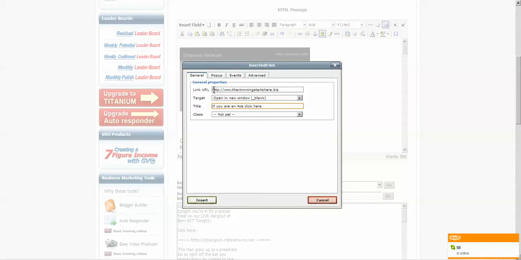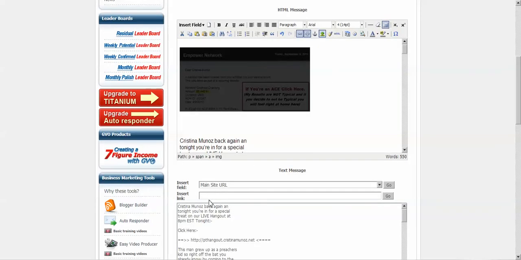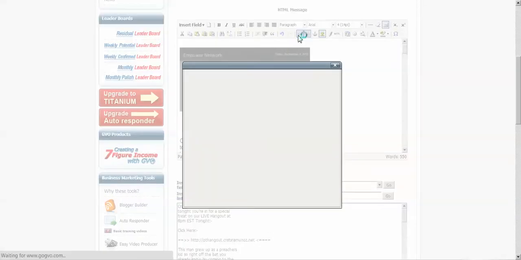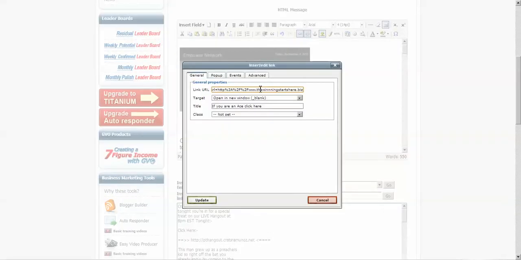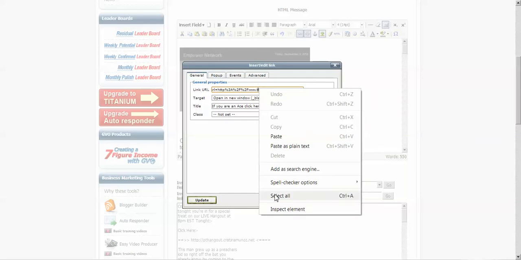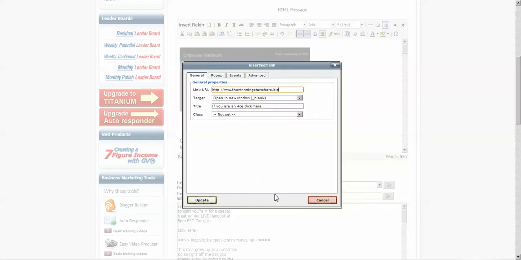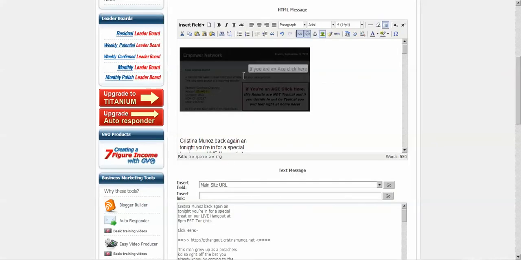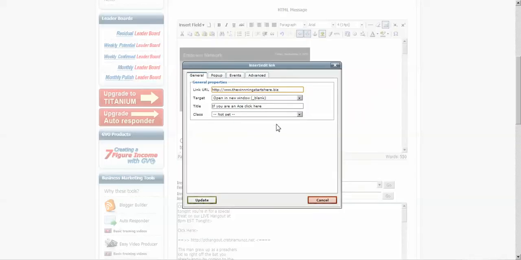If you are an ace, click here. Okay. Now I'm going to select this because just like when I hyperlinked a text, it's going to do funny things to my link again. So I'm just going to insert. Okay. Then I'm going to insert, edit link again, and you'll see what I mean. See, it does that weird little thing again. So I'm going to select all, delete, type it, copy, paste back the link again fresh, and it should work. Okay, and I'll show you. Still selected. There it is.